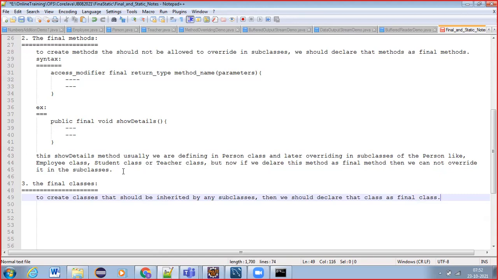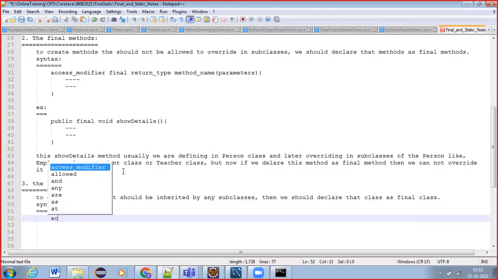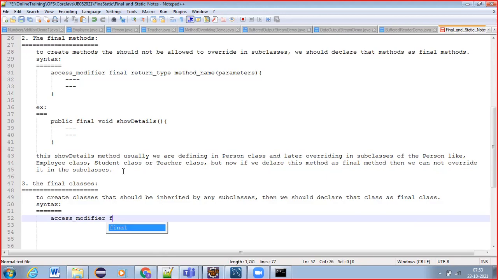Final class. So syntax, how should we write? Access modifier. With class also we are writing public, right? So public final, the keyword class, then class name.